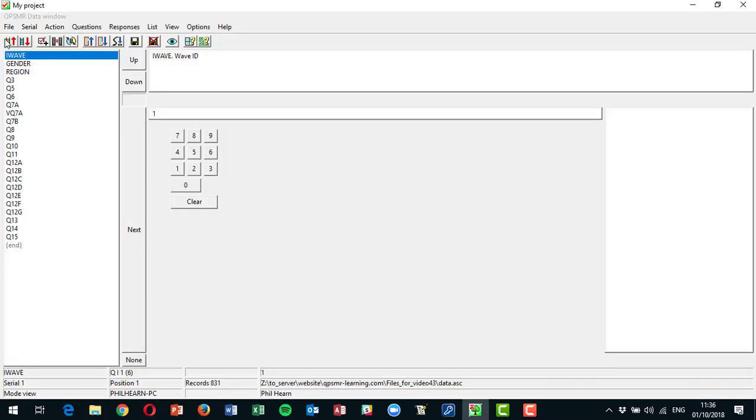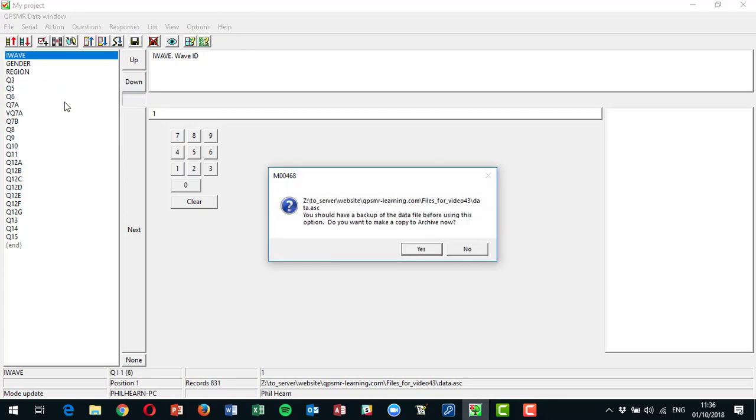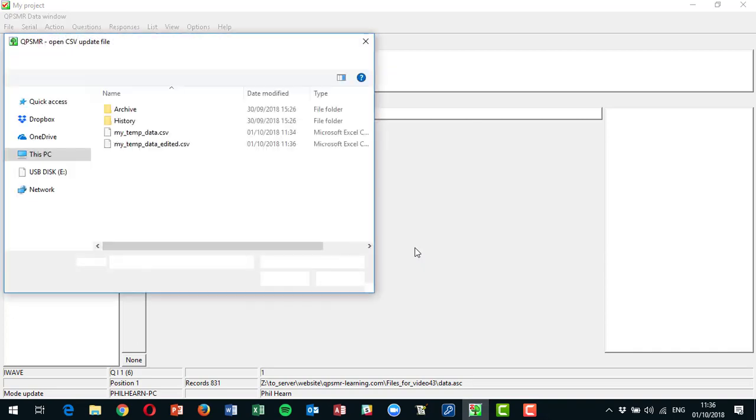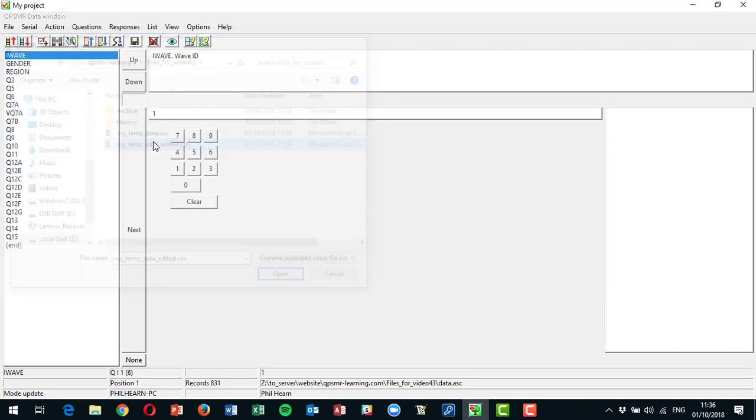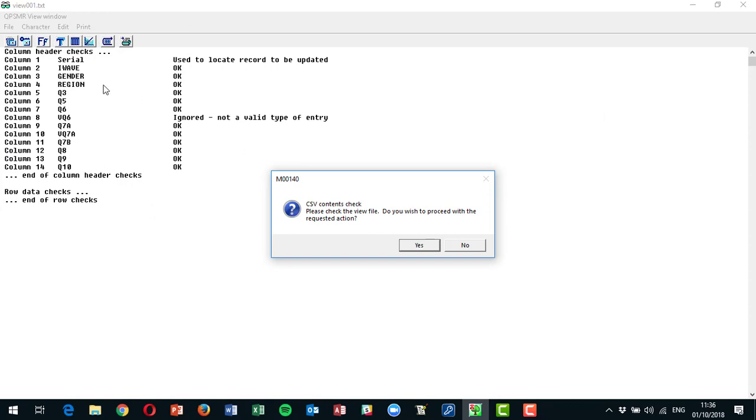Go back to QPS, and now I could update from the CSV file. So it's going to make a backup of it because it knows I'm going to make some changes. I'm going to pick the edited file. It's a portable file, and it's going to change all the values for each serial number where it finds something different. I don't want a new questionnaire generated here. I just want to click OK, and it's telling me which fields it's editing,